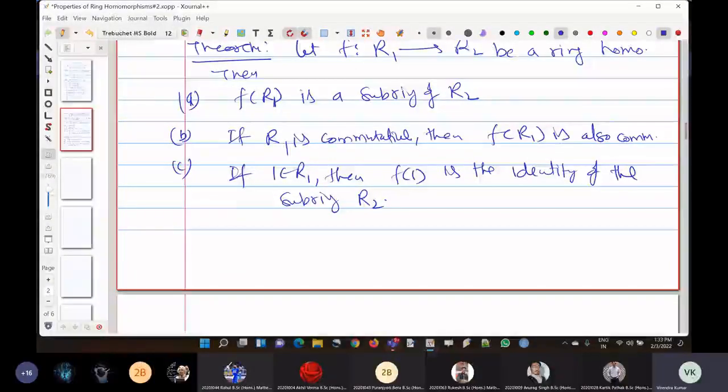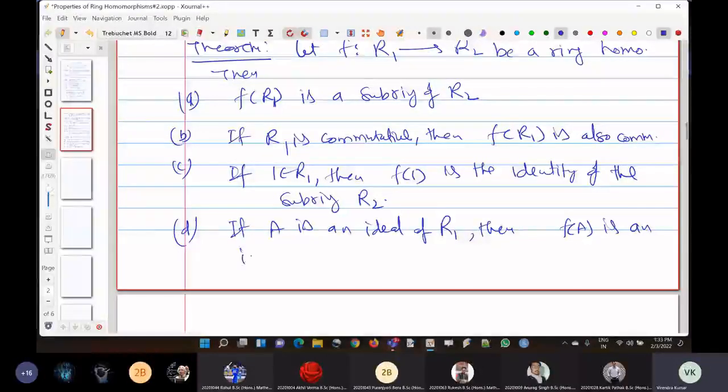One more part we can see. Part D is that if A is an ideal of R1, then f of A is an ideal of f of R1. All right, f of R1 is a subring, you know. Okay, and that is